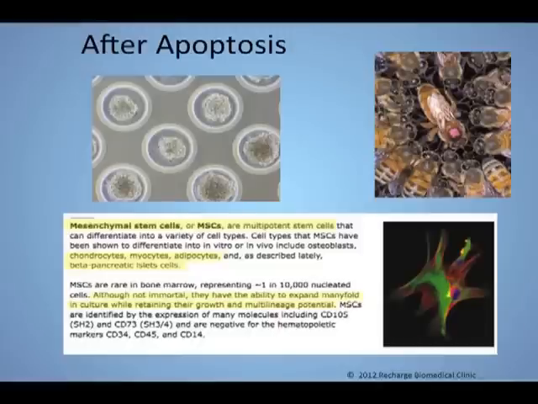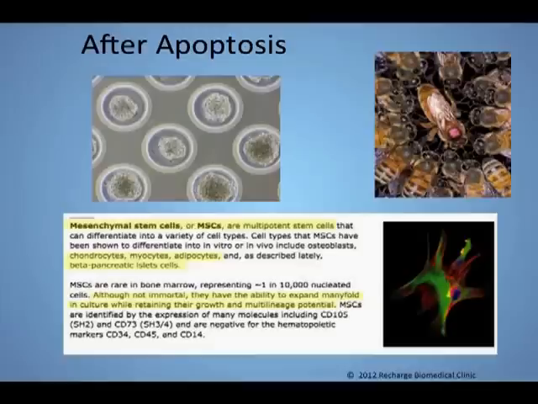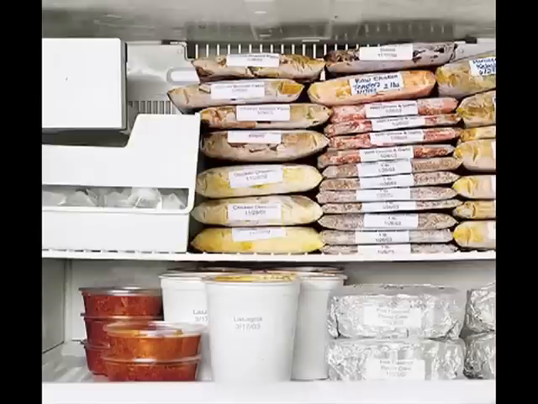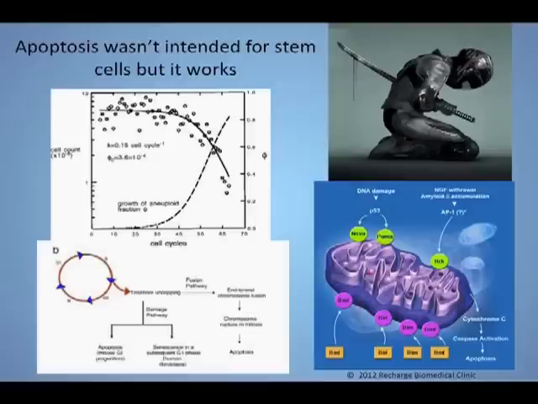And we found that the replacement mesenchymal stem cells, when you look at the clonal analysis or you look at the DNA and see who's older and what the origins are, they seem to come from these bugs in amber or the cartilage. So it's an ingenious system of kind of freezing away for a rainy day. So if and when, which I believe the TA might be helping with, if and when the cells are able to undergo apoptosis and die, then you got hopefully a younger replacement that's defrosted and coming in.